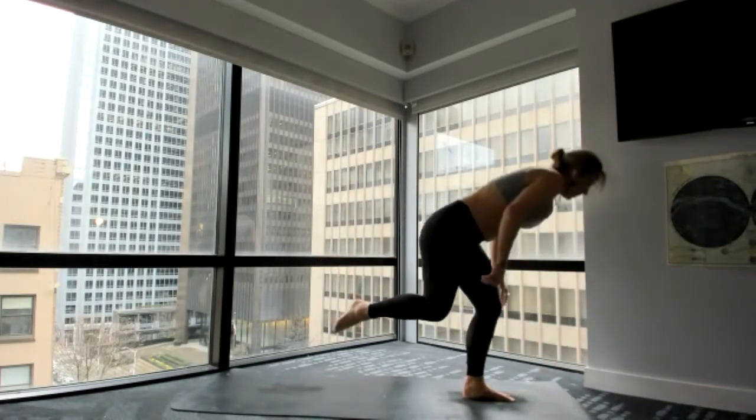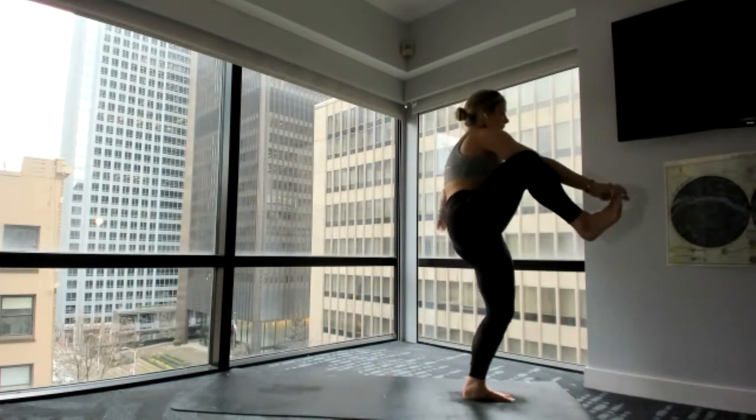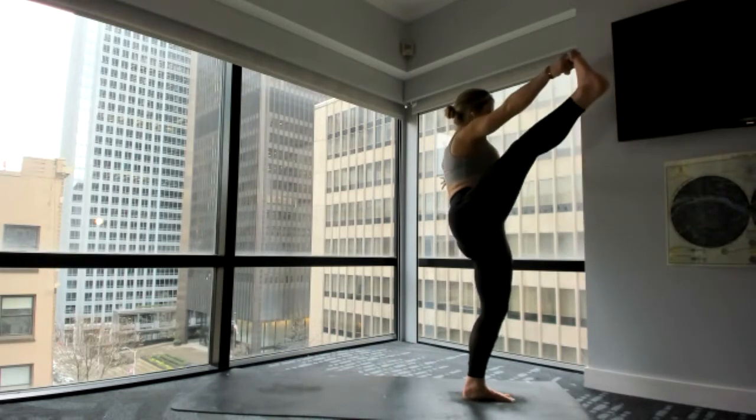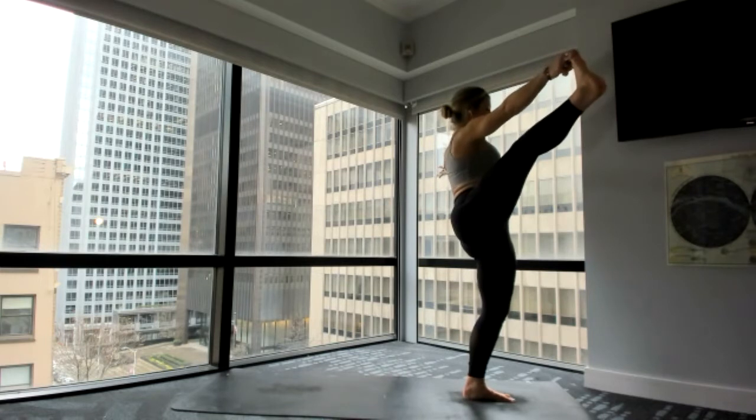Let's rise all the way up into balance. Peace finger to your right big toe. Leg out to the side, holding for 5. Better balance this round, right? 5, 4, 3, 2,